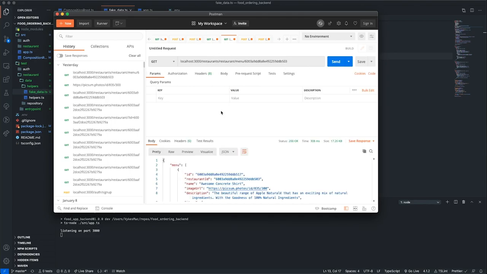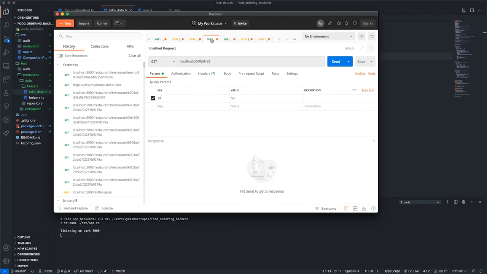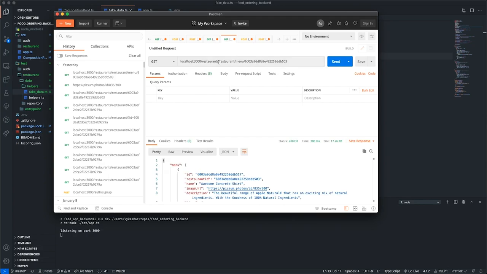You would have to sign up, get yourself a token, and then after you have signed up and got that token, you would go ahead and